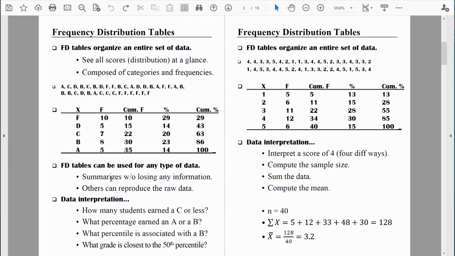What that means is all of the information about our data can be found in this table. In fact, we could reproduce all the data, and we can compute other things based on the data using this table, so they're very flexible. But one thing you'll notice in all of our examples is that we've been dealing with a limited range of data. So for example, in this case, the only potential data points are the letter grades A, B, C, D,